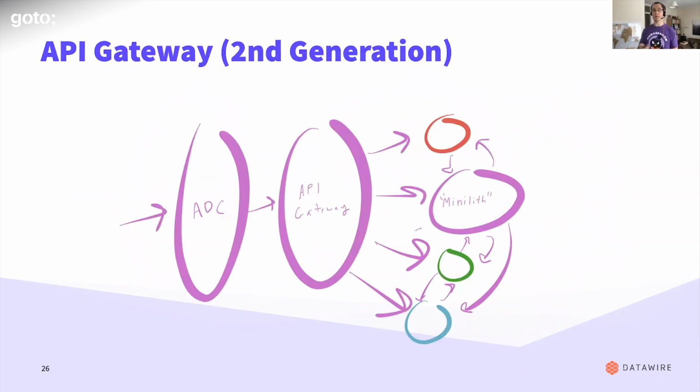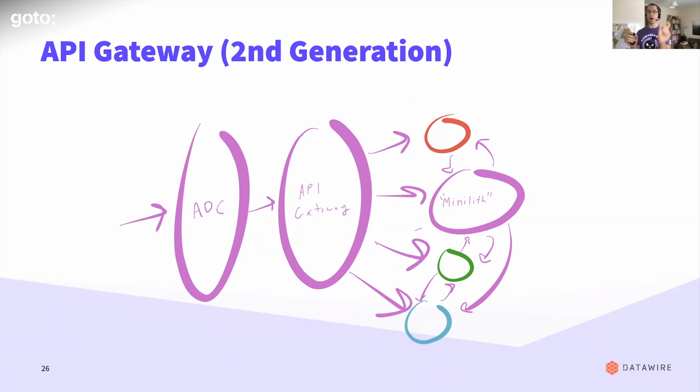Second generation of API gateways spun up to counter this. Cross-cutting concerns like the routing was pulled out of the monolith into an API gateway. Authentication was pulled out of the monolith into the API gateway. Rate limiting, all these kind of things were being pulled out of your application code into an edge component. Often they were combined with ADCs, web application firewalls, CDNs, these kind of things too. The edge stack was becoming more of a thing.